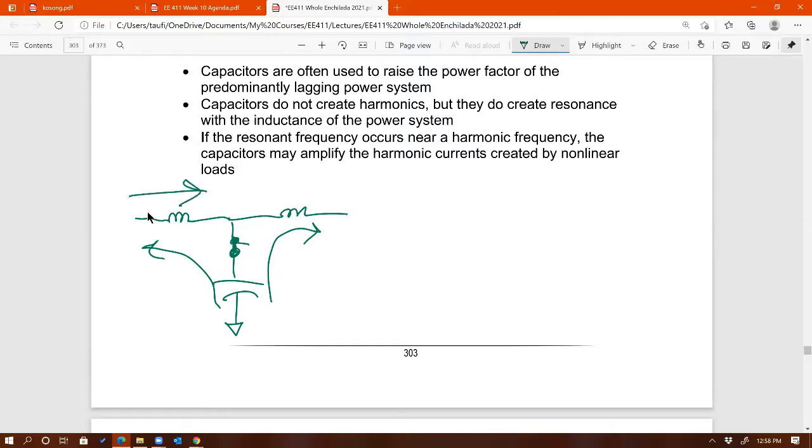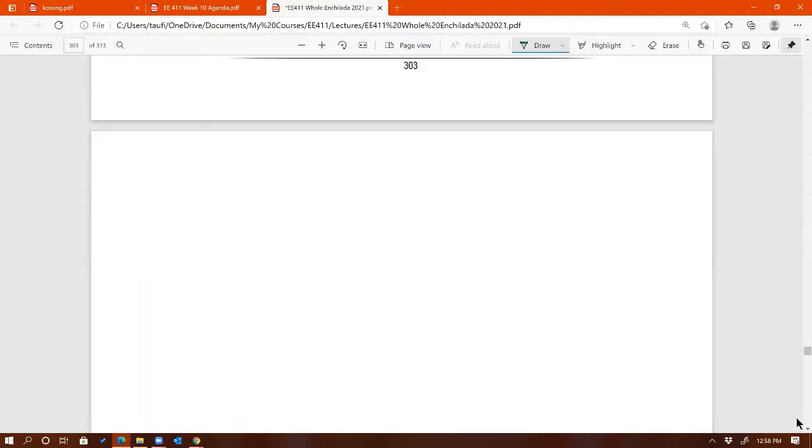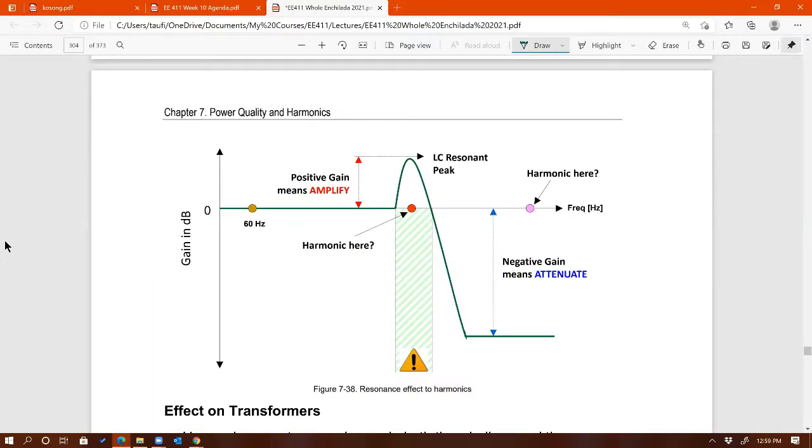And I'll show you a picture right here, right? If you draw the Bode plots of a second order system, L and C, that's a second order system, then the Bode plots of that would be something like this. Gain plot. This is 0 dB, right? And